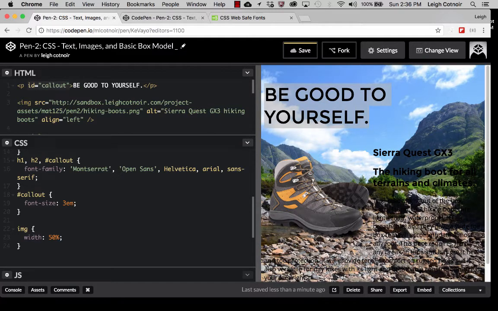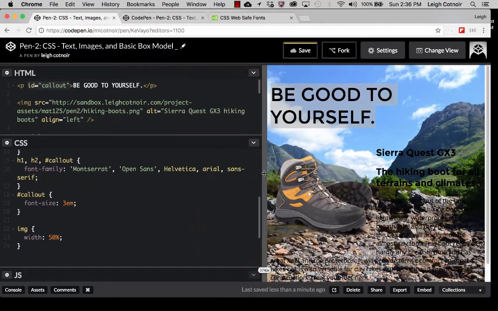I kind of like that because it really takes up a good part of the sky. It becomes more of a call to action. You know, to be good to yourself, and it gets your attention as to, okay, why would you say that? Let's keep reading, right? And then you see this boot and it becomes clear that the boot is going to somehow enhance your life, right? And so if we come down,